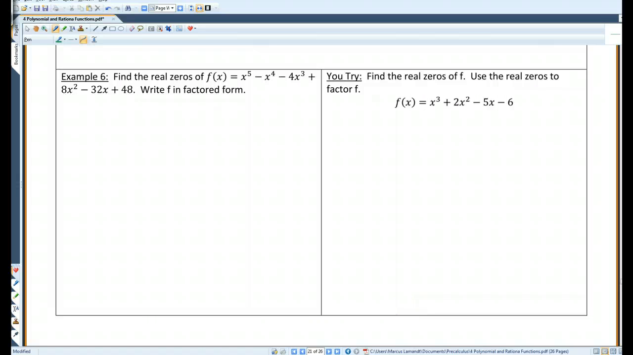Let's try that again. Alright, example 6. Find the real zeros of this function here. Write f in factored form. Alright, we know that there are at most 5 real zeros. Okay? Descartes' rule of signs. If you look here,